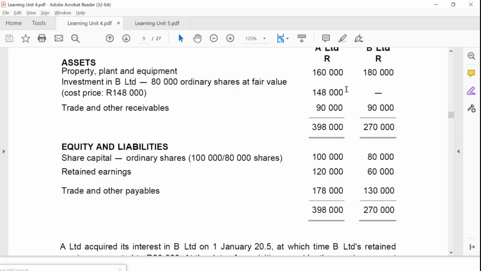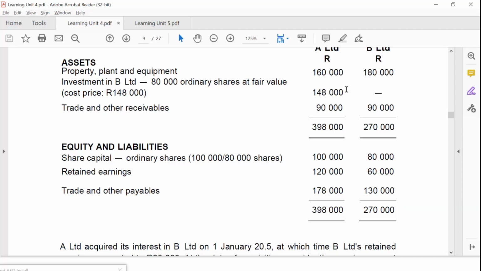Whenever you purchase an investment, what is the journal entry? A, being the parent company, has gone to purchase an investment in B Limited. So you say debit investment of 148,000. That is the entry they will pass in their own individual books. Debit investment 148,000, credit bank